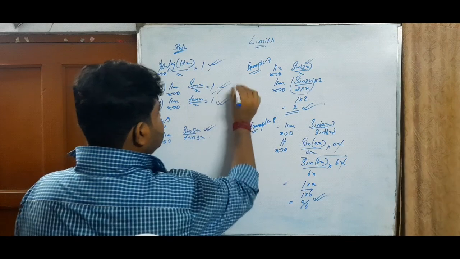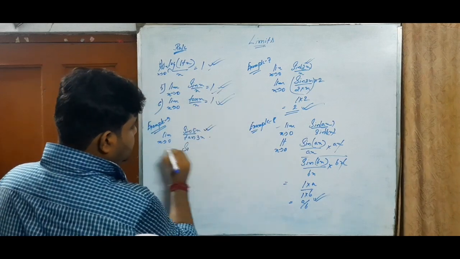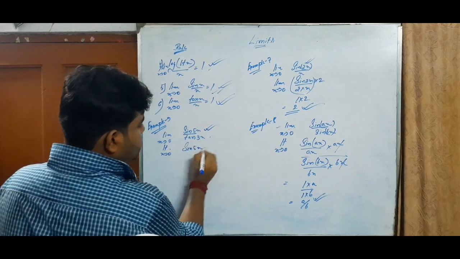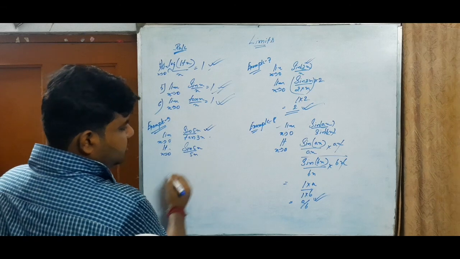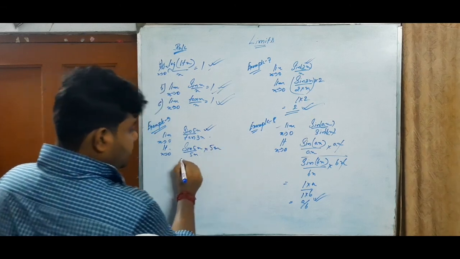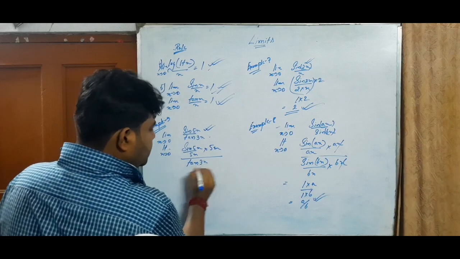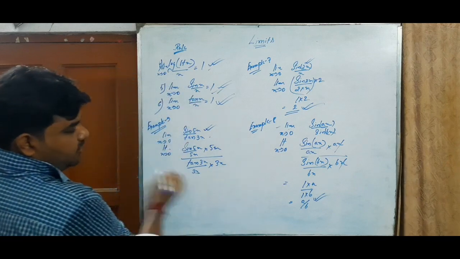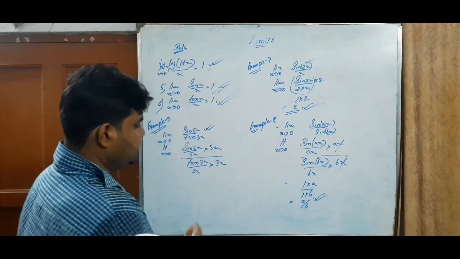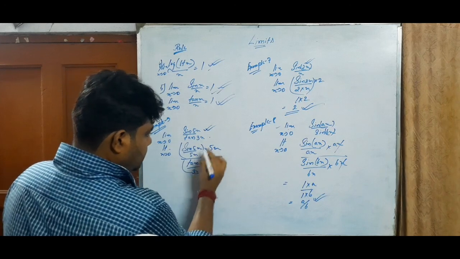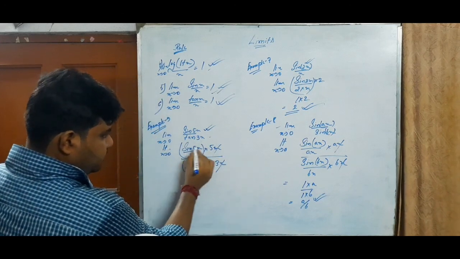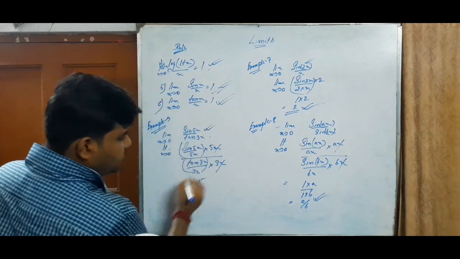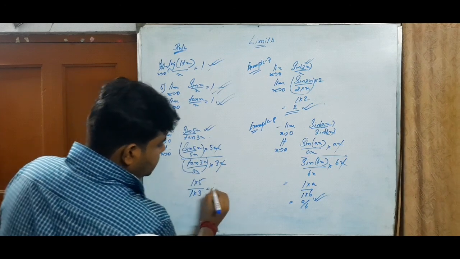Now to get this form, we will write limit x tends to 0, sine 5x by 5x. Since we are dividing with 5x, we will also multiply by 5x. Then tan 3x by 3x, same into 3x. Since we are dividing it with 3x, we will also multiply with 3x. This is 1. We will cancel out x and x. Therefore sin 5x by 5x, that is sin x by x equals 1, so 1 into 5, by tan 3x by 3x, that is 1, 1 into 3. The answer will be 5 by 3.